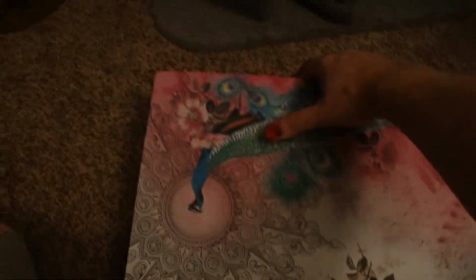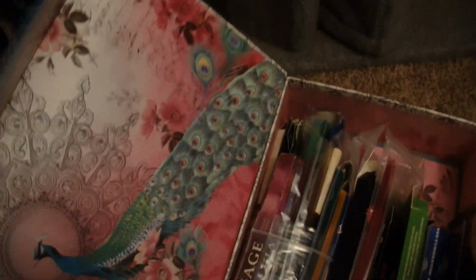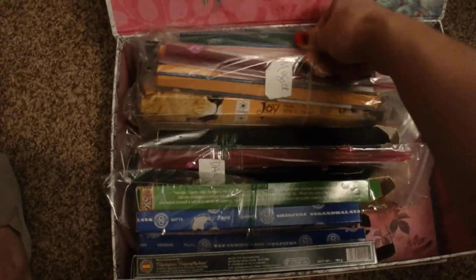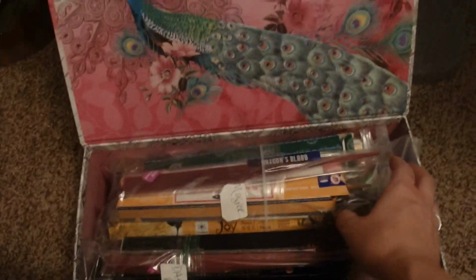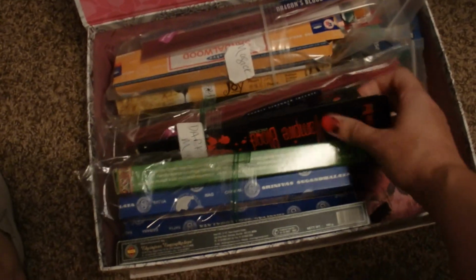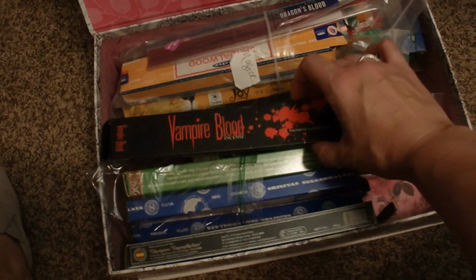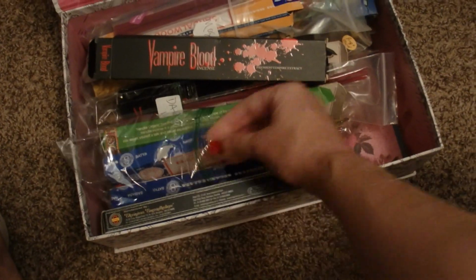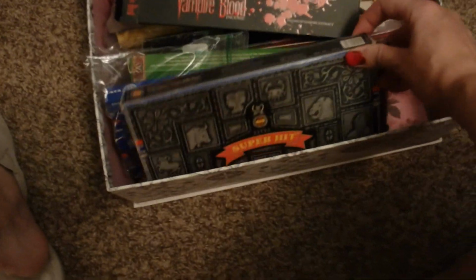This one contains, let's see, what I like to do is bundle them up in bags so I know what they are. So this is the incense I'll use in my magic. This is incense I call my dark magic incense. Here's one of my favorites, Vampire Blood. I love that. Now that it's fall, I'm going to start burning that. Here's my Nag Champas. Of course, I always have to have Super Hit. And then, let's see,